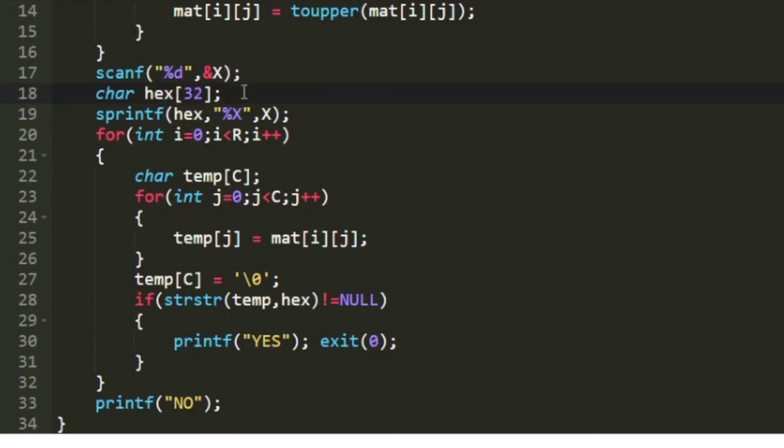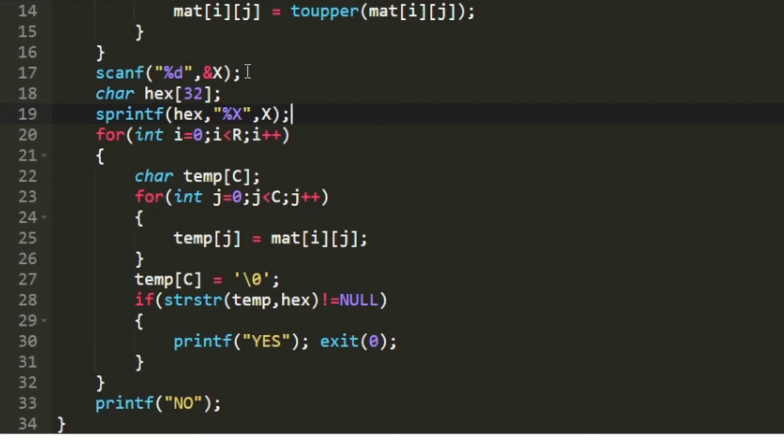To convert it we are just going to use the format specifier. If we want to print the integer x in decimal value, then in the printf statement we will be using %d. Similarly, if we want to print the hexadecimal value of the integer x, then we use %x in the printf statement. We are going to use the same logic. I am going to use the function sprintf, and within the quotes I am going to pass the specifier %x, and I am passing the decimal value of the integer x. So the hexadecimal value of the integer x will be produced, and that hexadecimal value will now be stored into the character array hex, because that is how the function sprintf works.